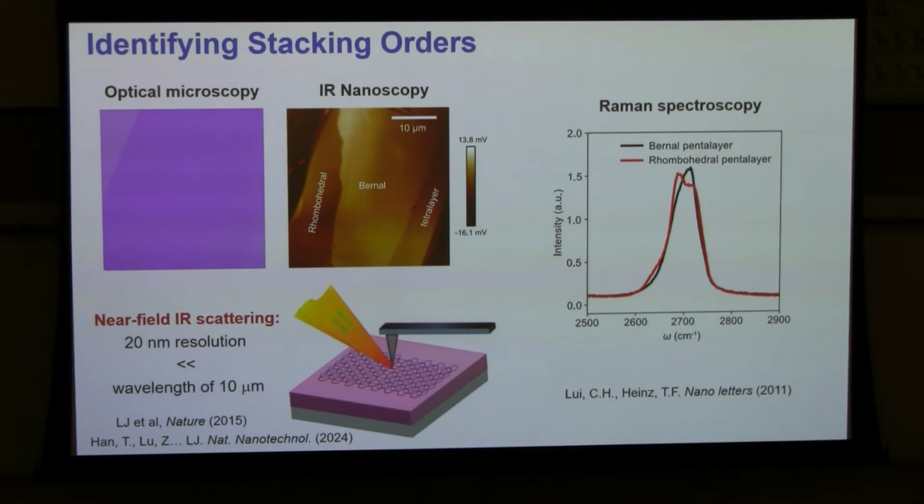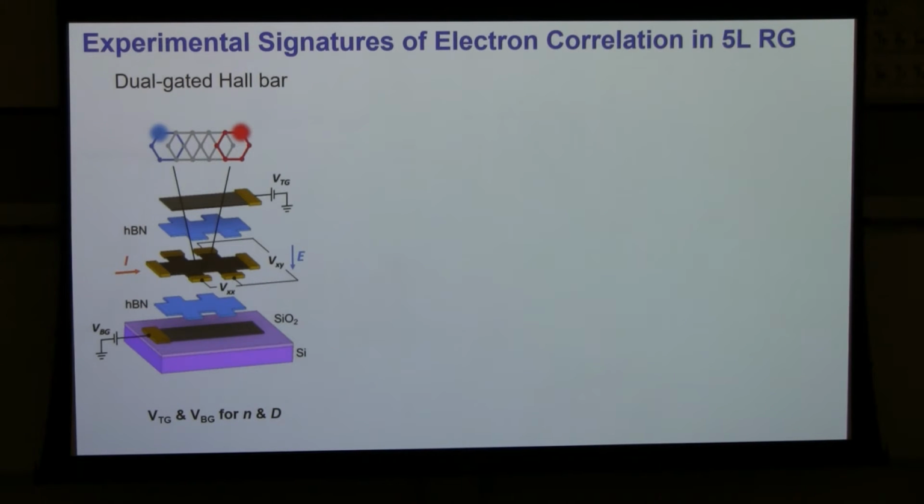And you can confirm this by doing Raman spectroscopy, like Tony has shown us, that there is a subtle but very well-defined difference in the 2D peak of Bernal and rhombohedral graphene that you can use to confirm, indeed, this is rhombohedral stacking. Okay? I am going to skip all the technical details of how to make the device and what the yield of success is, but if you manage to make one device that survives all these steps and stabilize this rhombohedral stacking order, you can do some DC transport, okay?